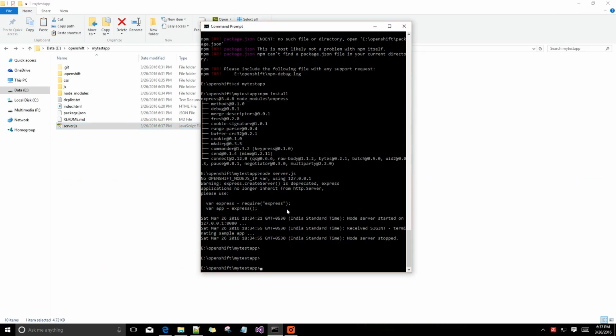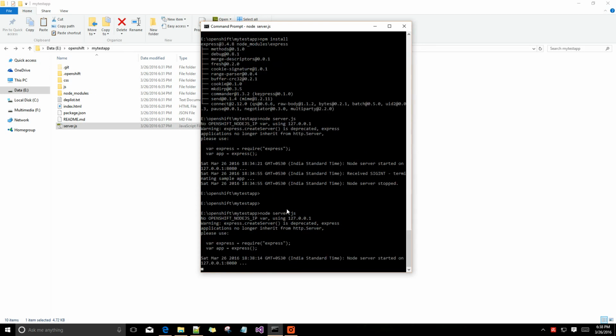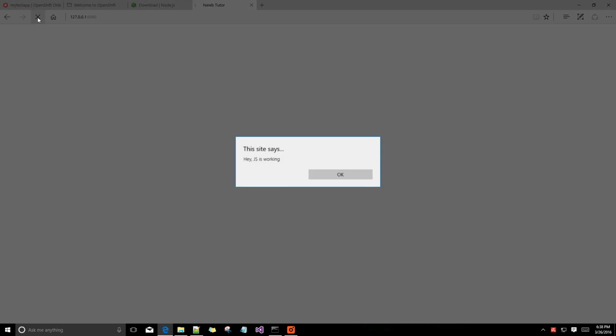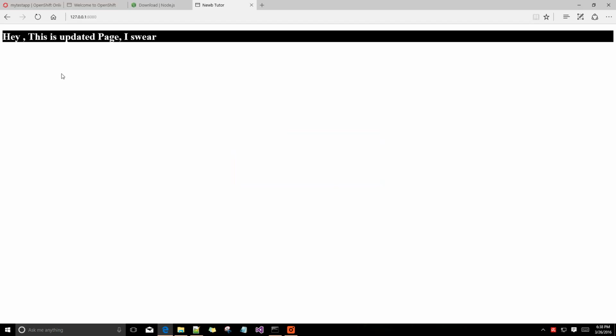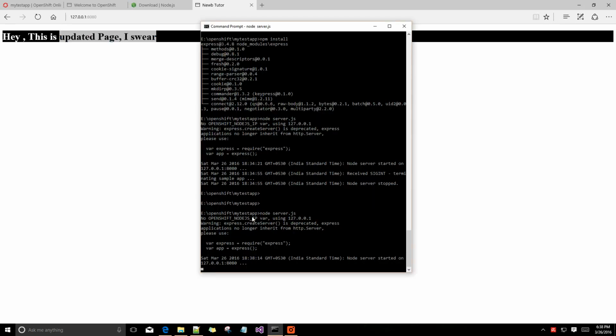Now let's check if it is running or not. If you are sure that your code is good and it is running, you can just directly push, but I am a very beginner here, so I prefer double checking before pushing. So I will start node server.js. It has started the server. Then I will go here. Okay, this is JavaScript code. This side says, hey, JS is working, and yeah, my div is there with the customized CSS. So this page is working. Cool.